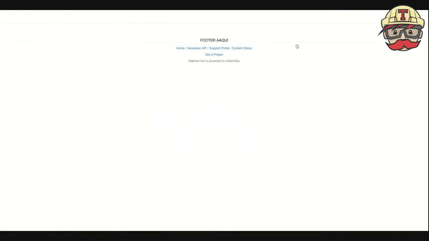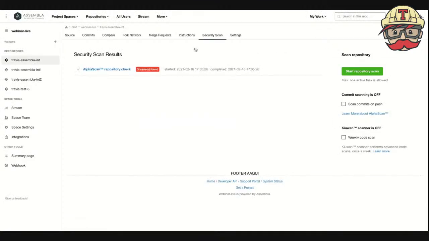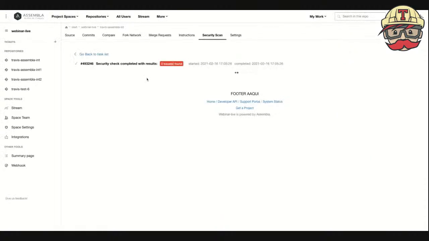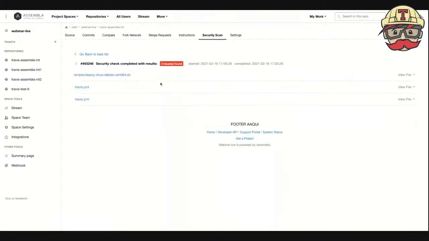And a feature unique to Assembla, what is really good is it has an Alpha Scan security scan. So just while Montana was running the build, I ran this in the background, and this actually does a full scan on your code and highlights any issues that it might find with it. So we can see here that it's found 3 issues in Montana's code. It's not normally that bad. And if I just select one of these files just as an example,